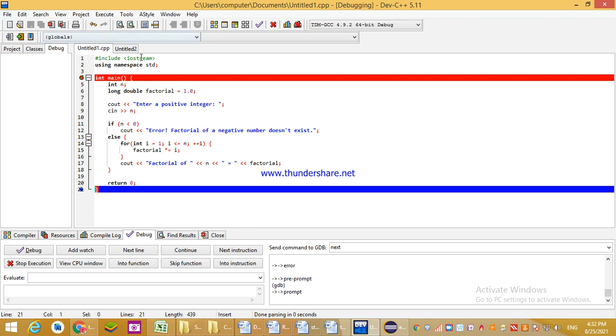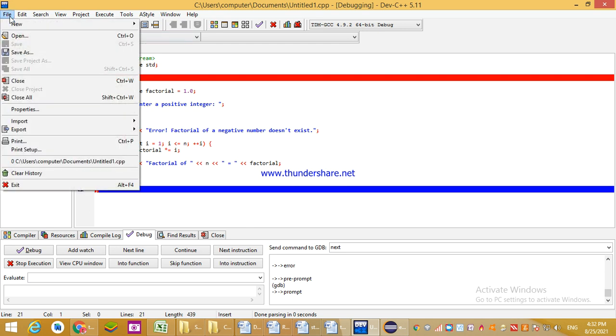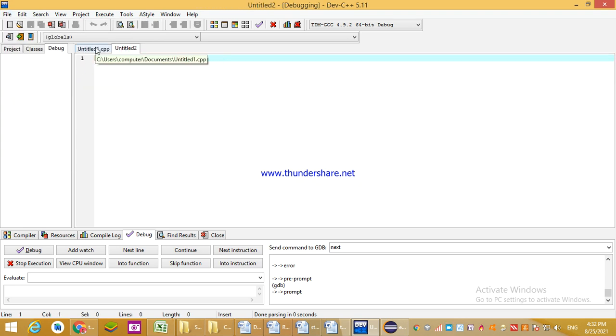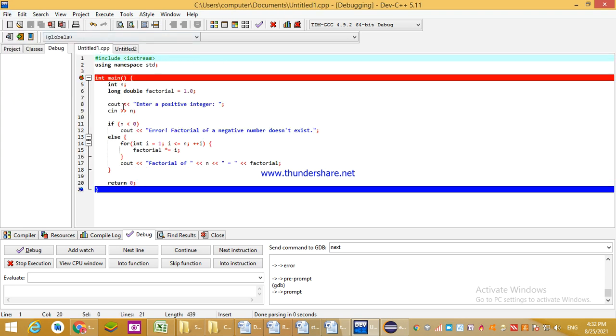How can you give the name to that untitled program? Just click on file and save as. You can assign the name to that untitled program. Here I have written some code. Can anyone from your side tell me for which program this code is working?